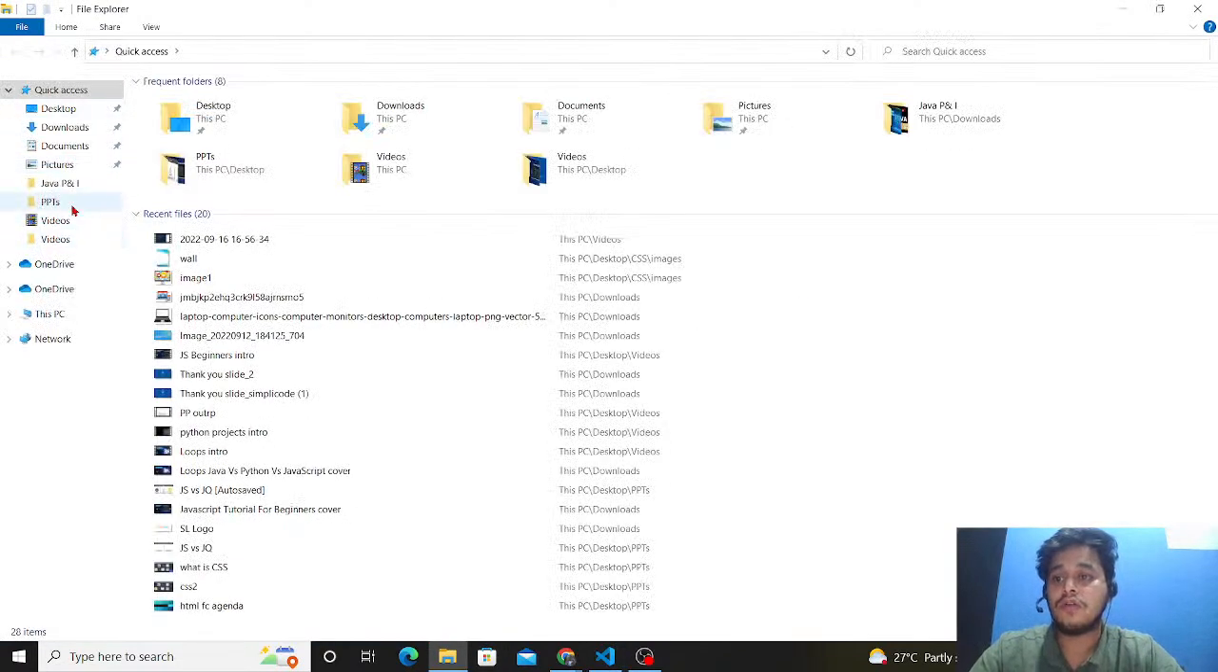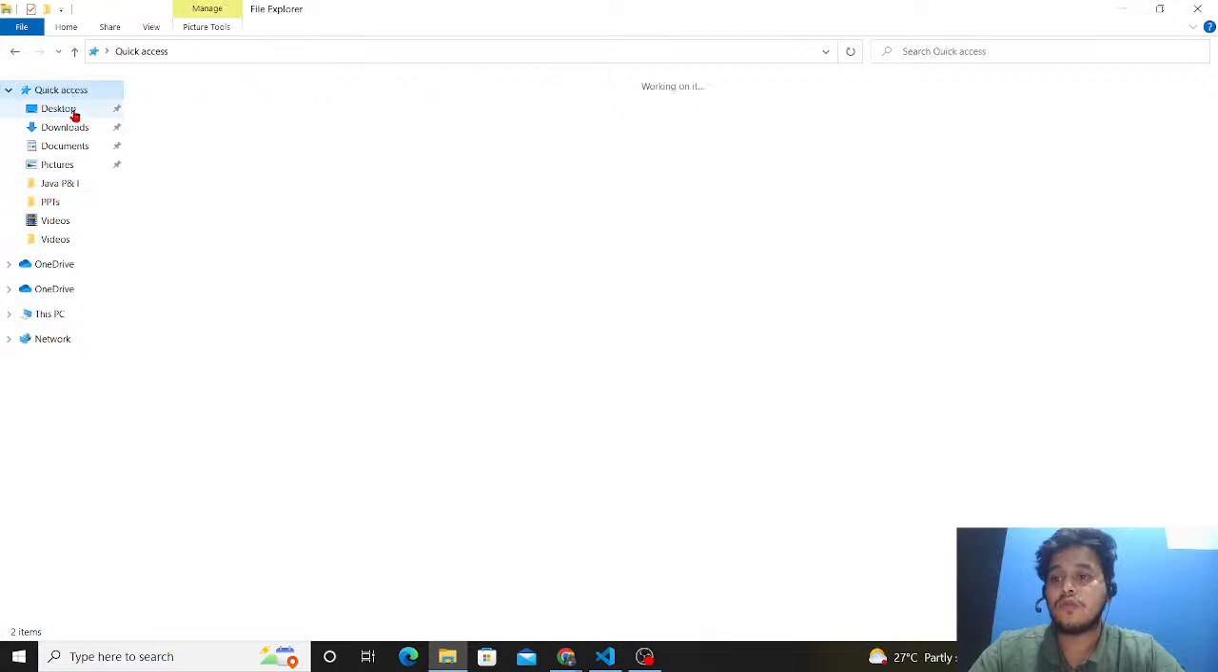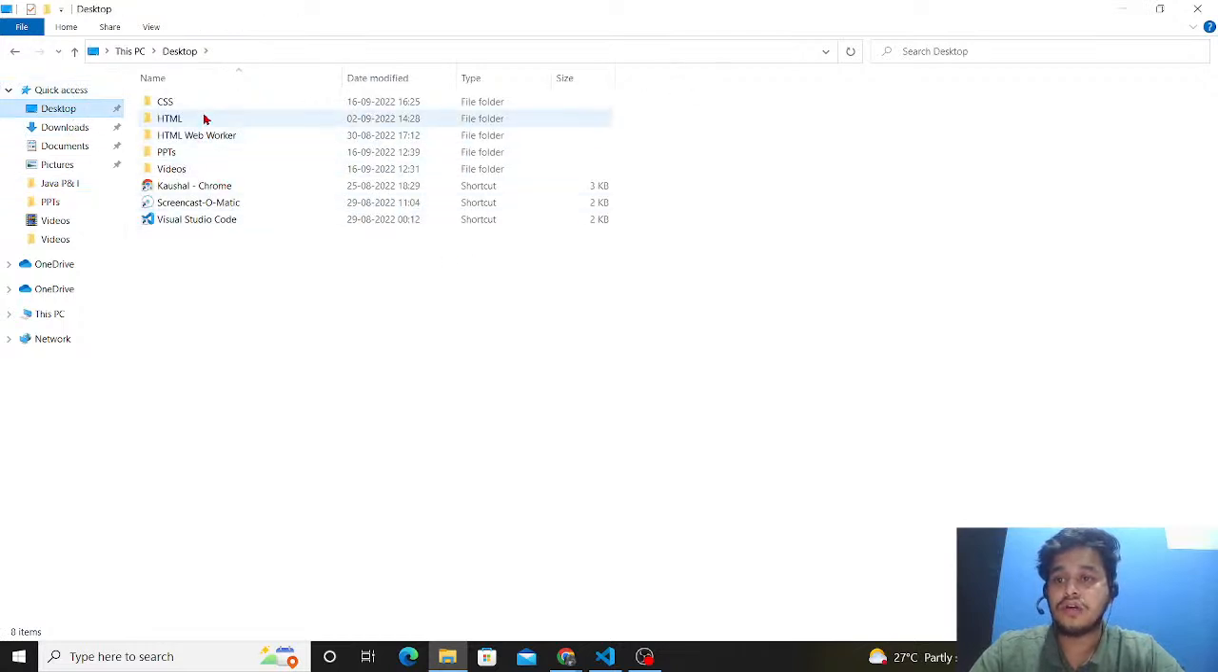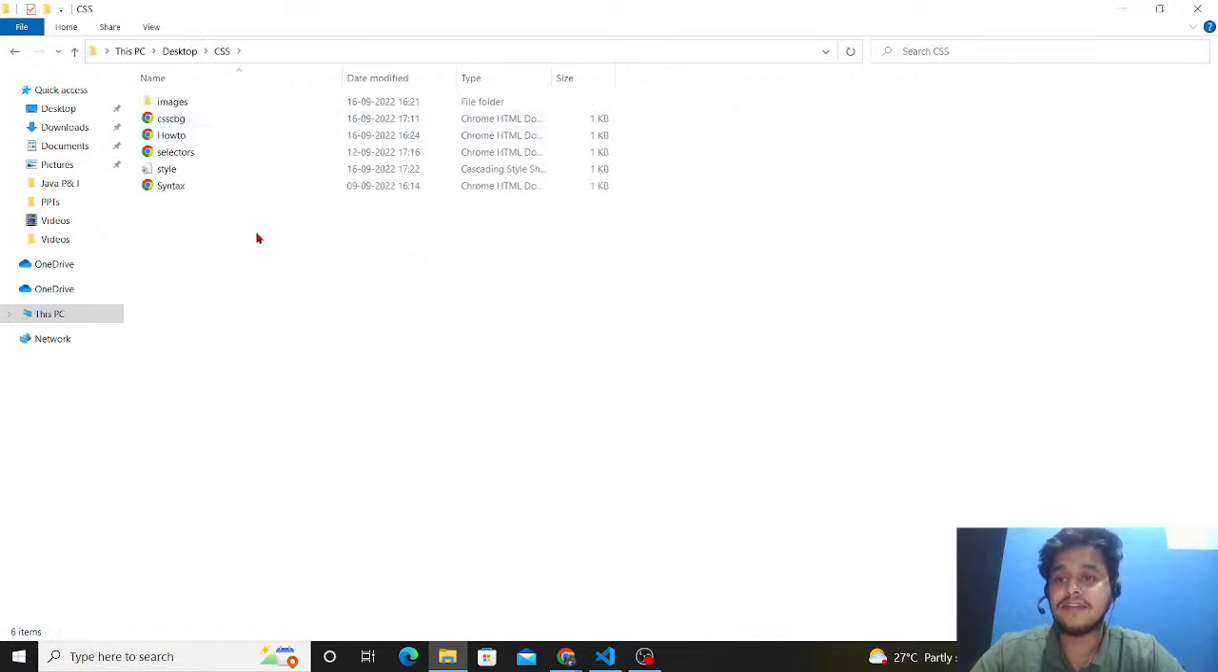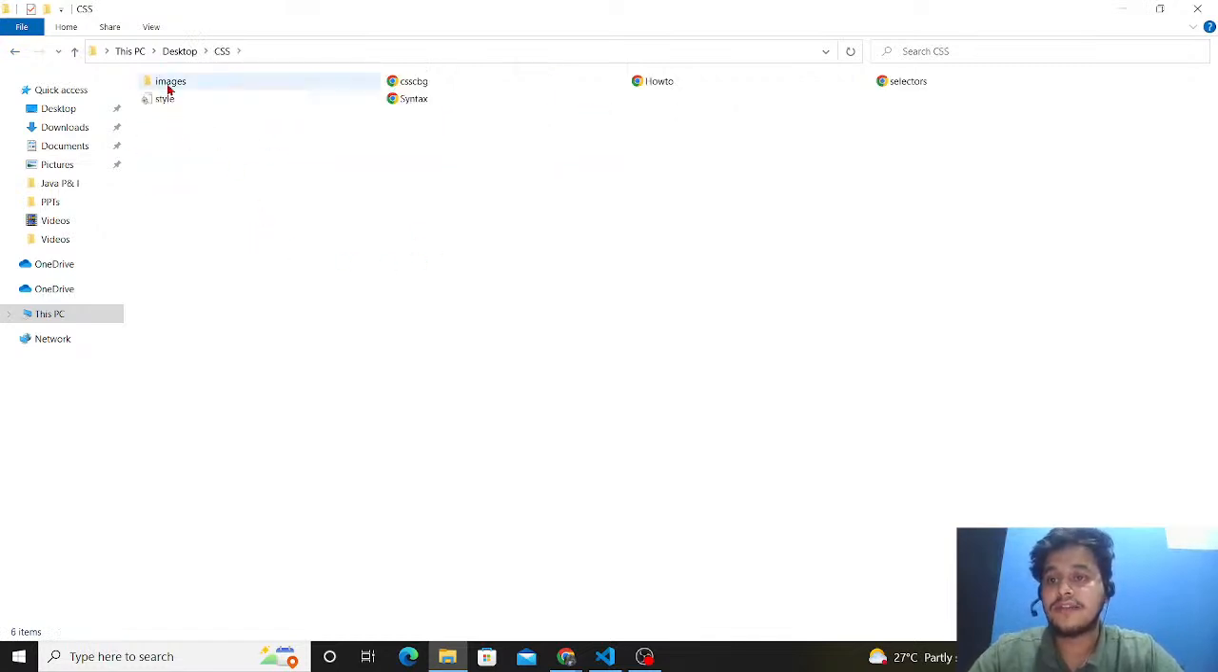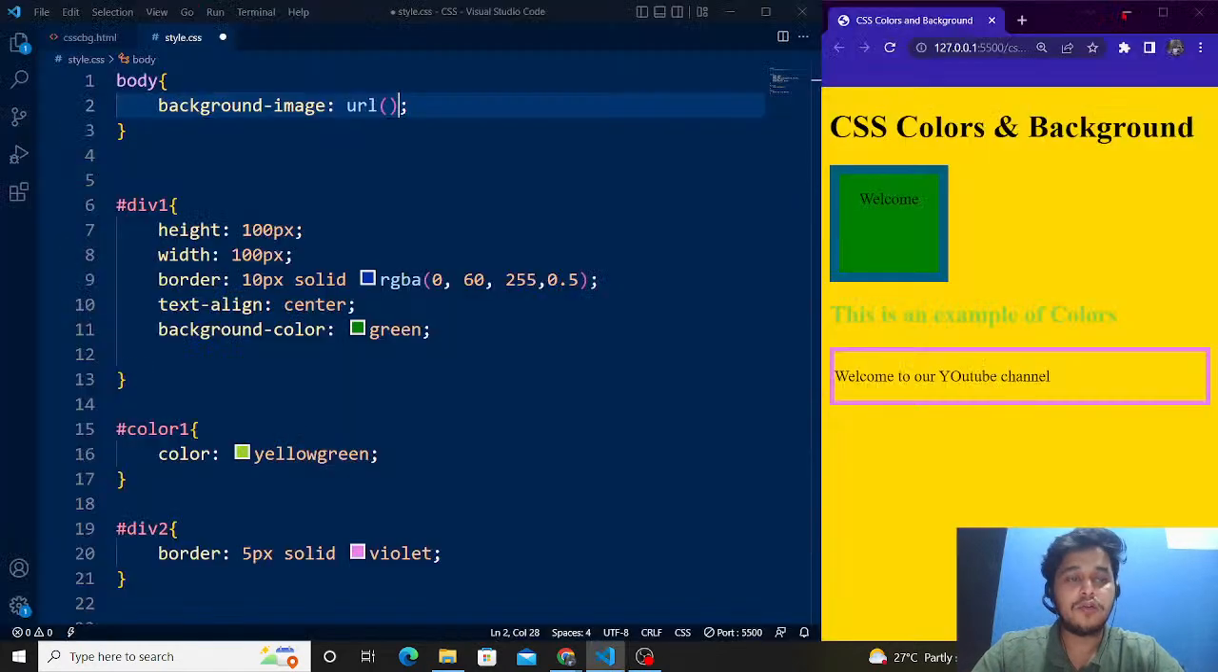If we go here to the CSS folder, okay, the CSS folder is here. Inside the CSS folder we have this images folder, right? We have two images present over here. We can use these two images. We have to provide the path only. For that we have to move back here and write